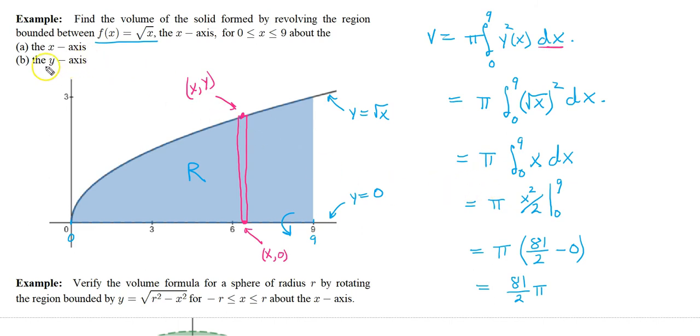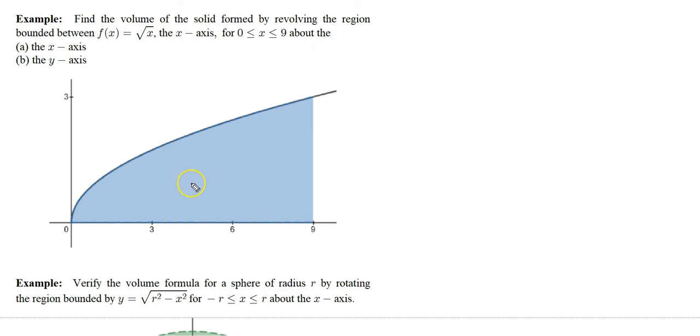Now let's take a look at part B. We want to rotate it around the y-axis now. Well, now that's actually not going to be the disk method. We're going to have to go back to the washer method for that one. So now if we want to rotate this region around the y-axis, once again, I like to just draw a little thin rectangle or just a straight line perpendicular to your